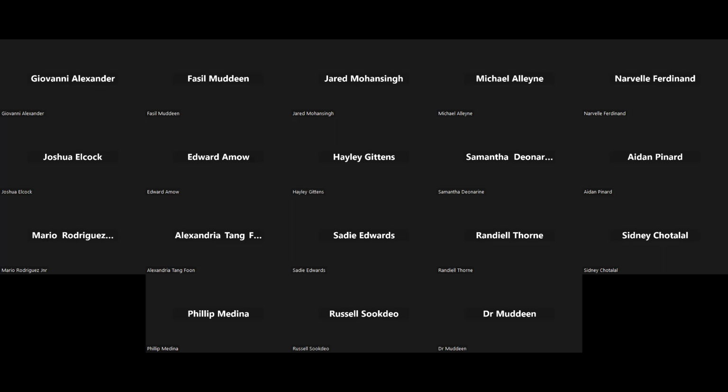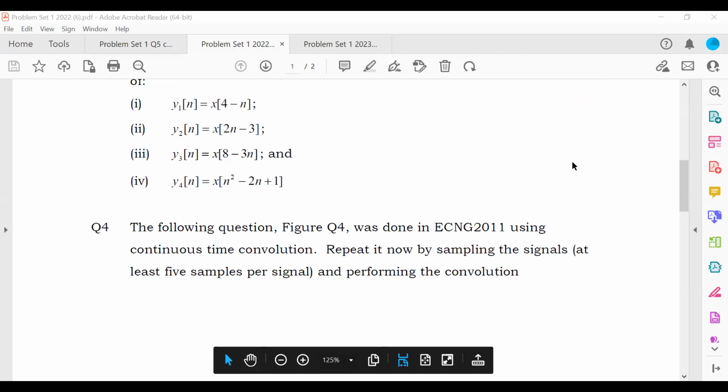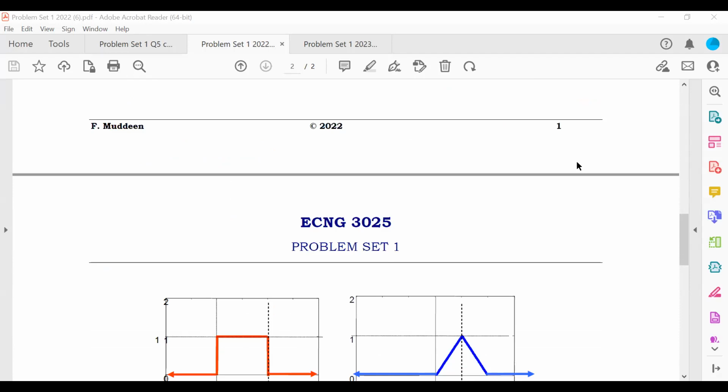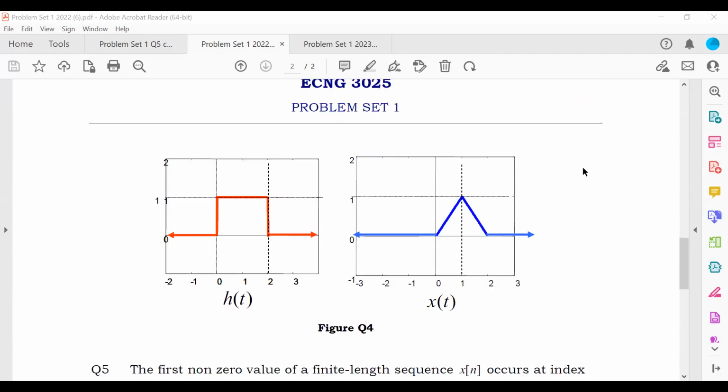Question. Next question. Good. Right. So the next question was a fairly straightforward convolution question. This was an example of something that would have been done in ECNG3025, and as I mentioned now, because we